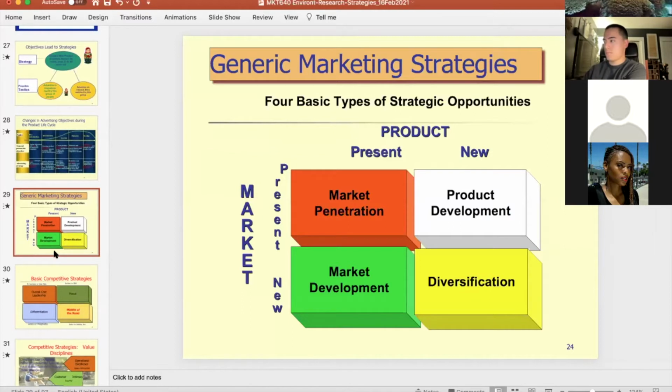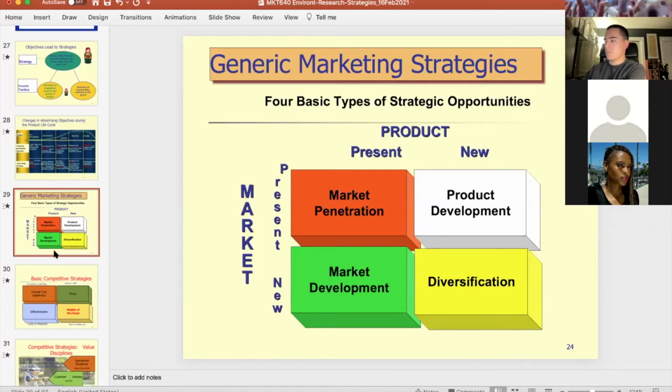There's a simple matrix which is called the NSOF matrix. The NSOF matrix is the most talked about, presented set of strategies that probably summarize 50% or more of the strategies employed in business. The first strategy is called market penetration. Market penetration is a strategy that consists in selling the same product to the same people. So you keep doing the same.